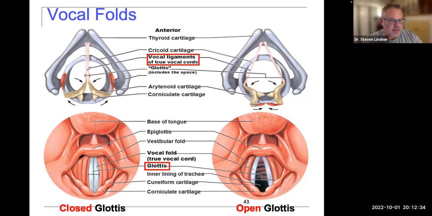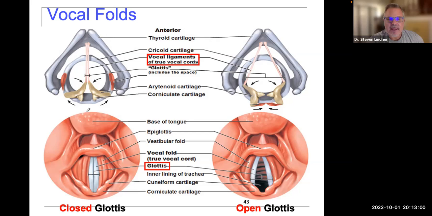So when it's held together, think of a balloon. When the balloon is filled up and you pull the tip and it's held together, it makes a high-pitched sound. But over here, if you really open it up, the balloon makes a lower pitch sound. So depending on how the air is passing through these, you can have high pitch or